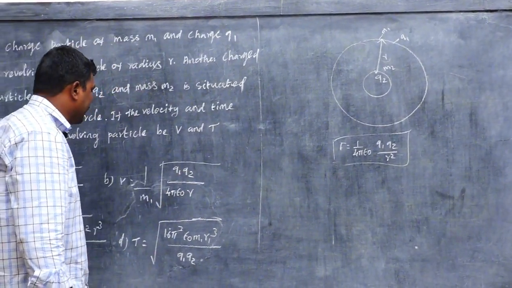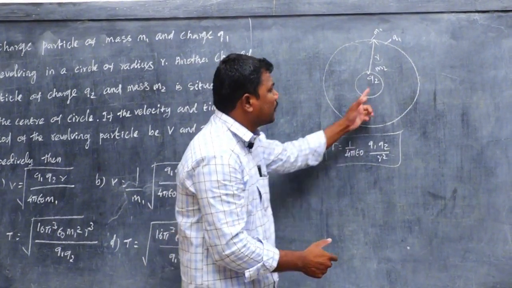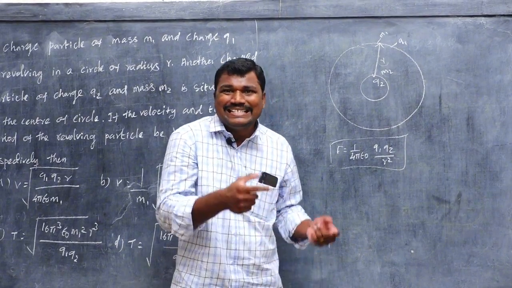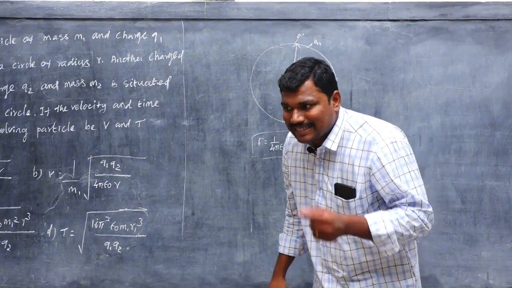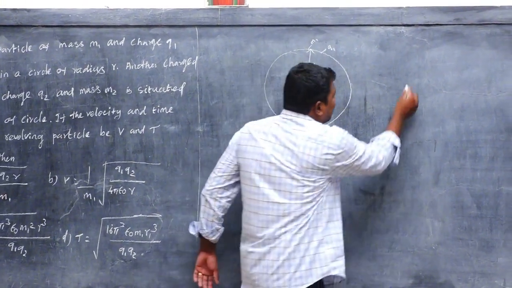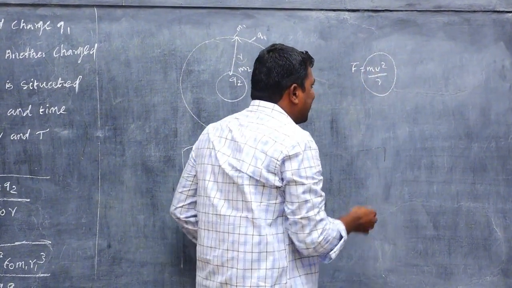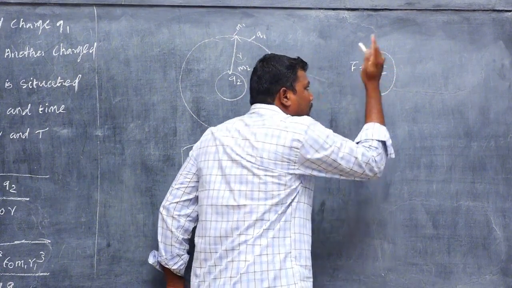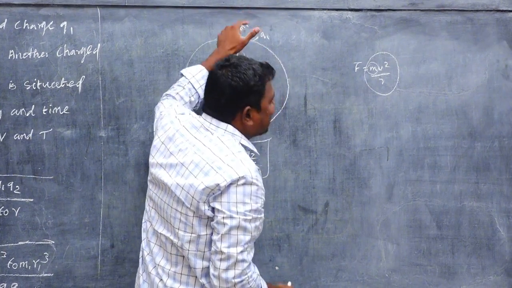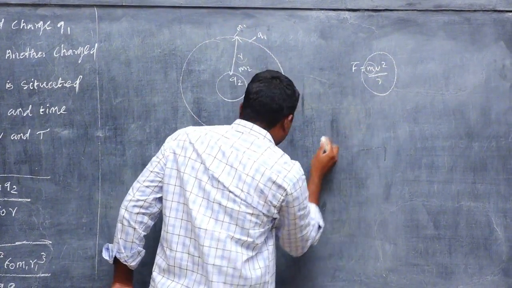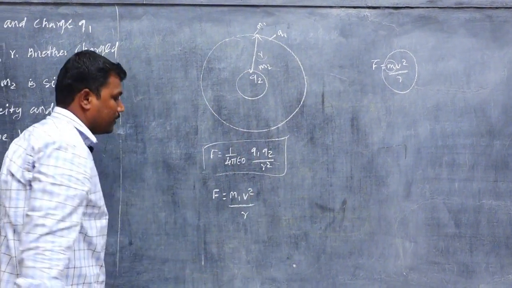Now move on to another area. The charged particle always revolves around the circle. Which force will be formed there? The centripetal force. You have already studied the centripetal force in lower classes. The standard formula is F equal to mv square by r, but the term m is very important. The particle of mass m1 is revolving around the circle, so F is equal to m1 v square by r.